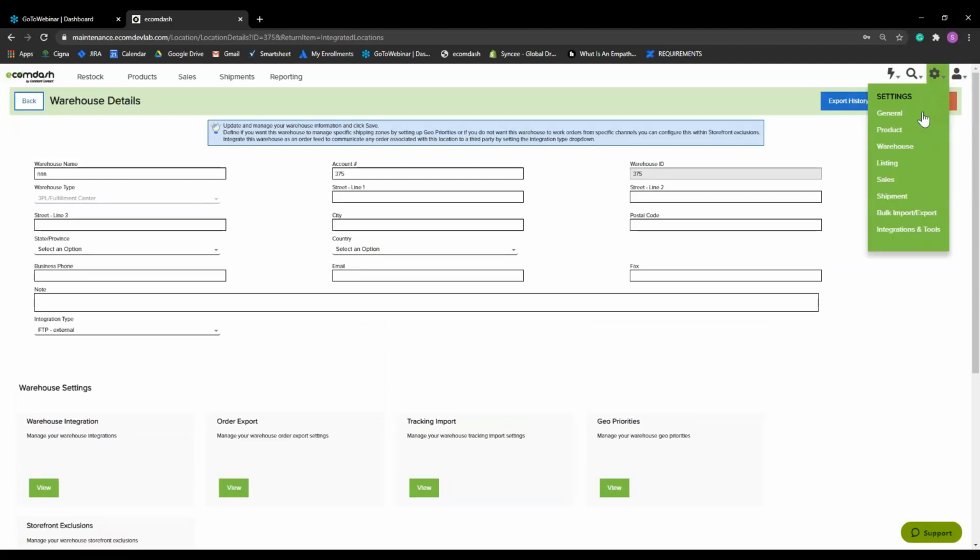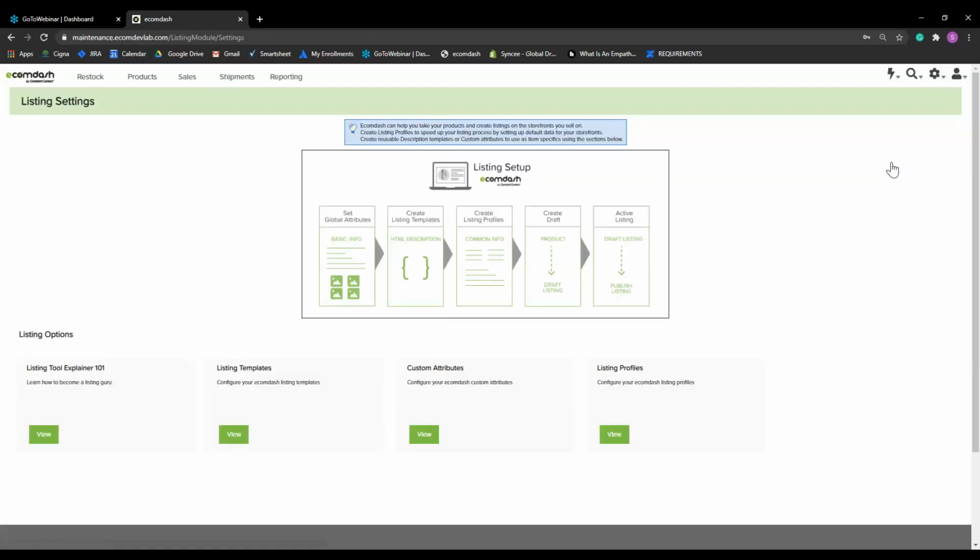So the next section that we're going to move into is listings. When you come to the listing section, we have a breakdown on the listing setup, giving you the anatomy of a listing, the ways that you can get your listing out faster. By setting global attributes, listing templates, listing profiles, creating a draft, and then getting to the active listing. We just wanted to give you guys a bit more education on the fastest methods to get your listings up